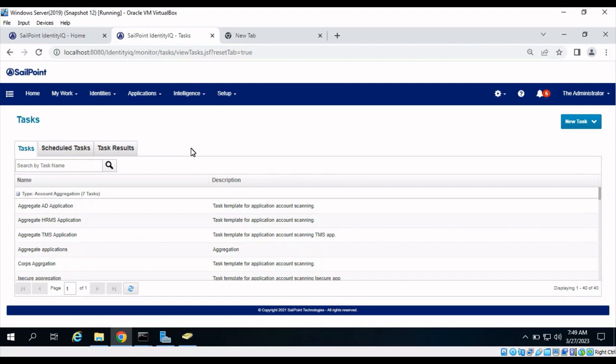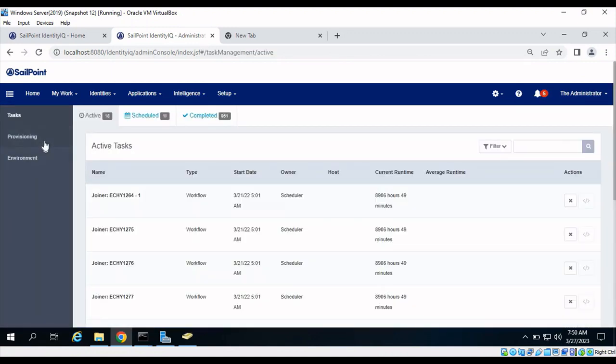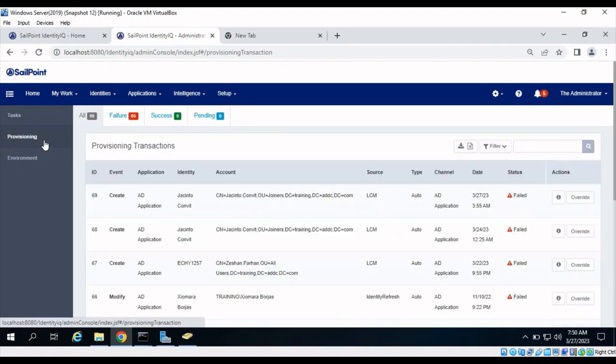Here we will be checking for operations, namely create, enable, disable, and delete. Now we will confirm with the administrator console whether any such operations failed in the last 24 hours. Now here you can see this is one of the operations that failed